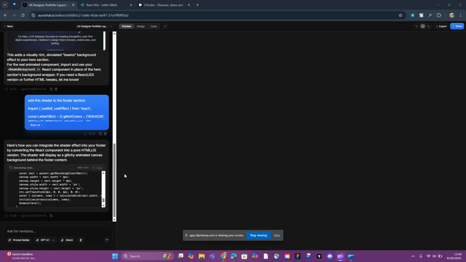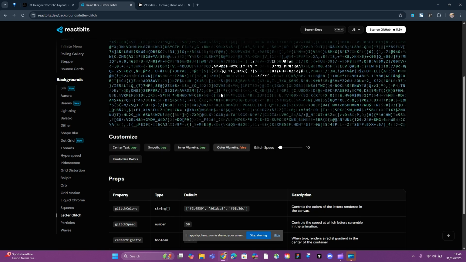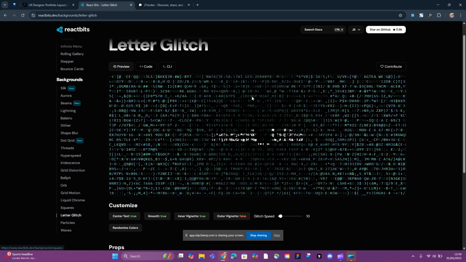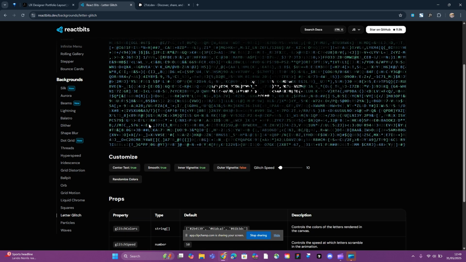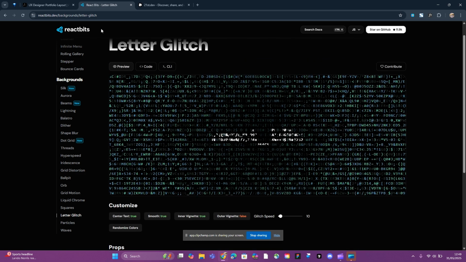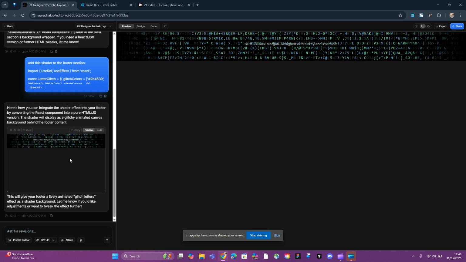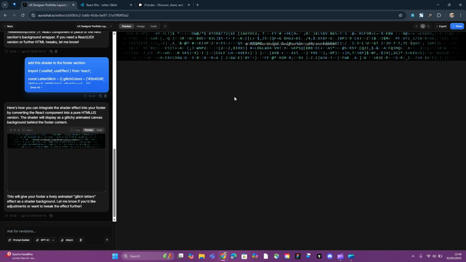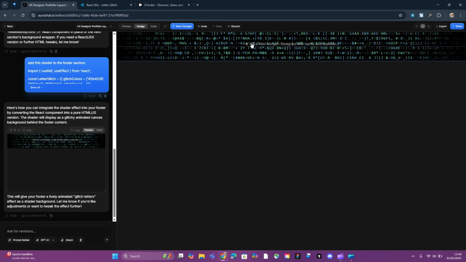Okay, so what I'm doing now, I want to use a different library called React Bits. Shout out to React Bits. And I found this letter glitch component and I'm copying the code and I told Aura, please can you add this to the footer section? Let's see what it's going to give. Okay. So it worked, but it did delete